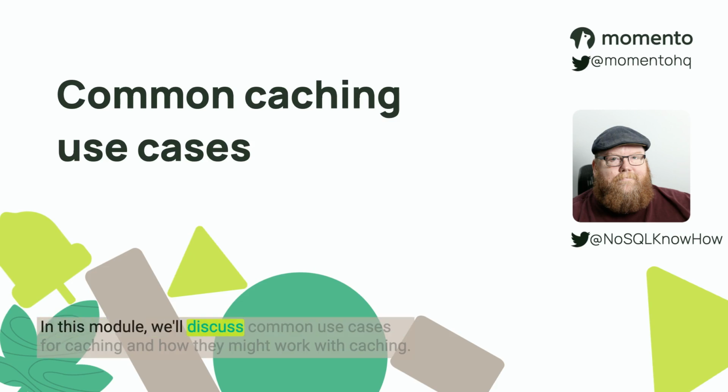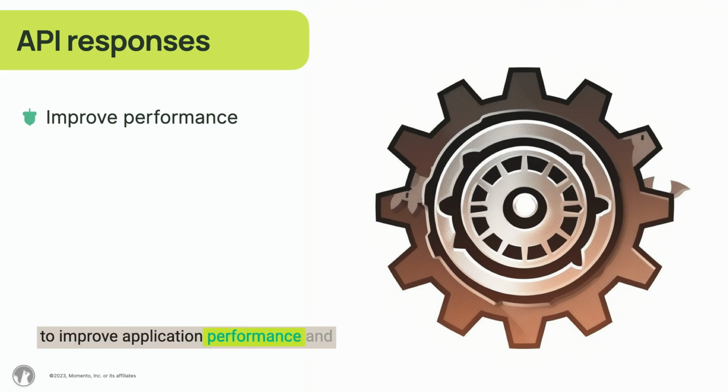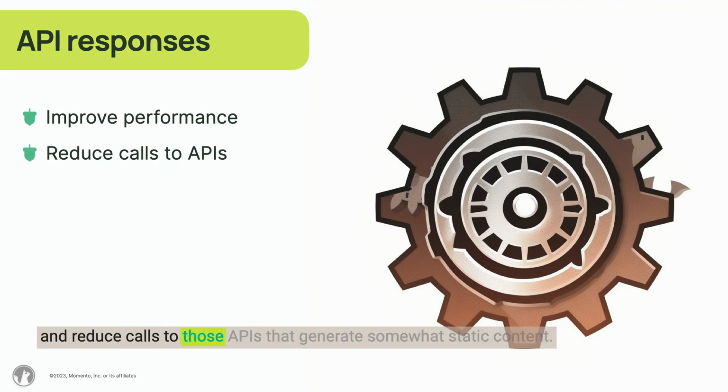In this module, we'll discuss common use cases for caching and how they might work with caching. The first common use case is API responses. This is where you cache commonly used API calls to improve application performance and reduce calls to those APIs that